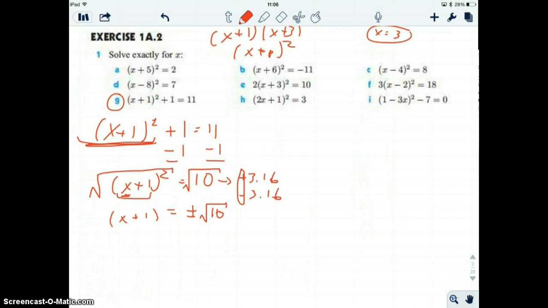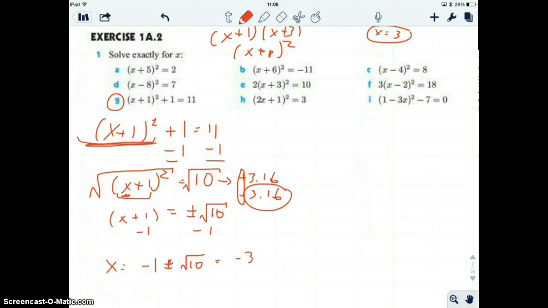So now you have x plus 1 equals plus or minus square root of 10. Now we want x by itself on the left side, so what we do is we subtract 1 from both sides. That gives us x on the left side. And on the right side we have negative 1 plus or minus the square root of 10. And if you did it with your calculator, you would find that square root of 10 is about 3.16, so this would be, you know,